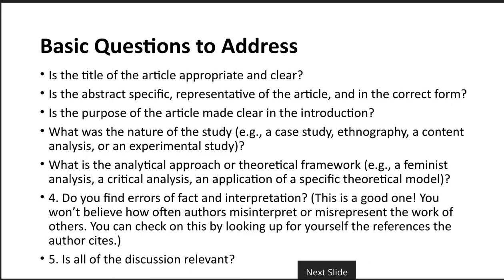The next thing is the nature of the study. It's a case study, ethnography, experimental design, mixed method study, etc. This needs to be clearly explained in the abstract as well as in the methodological section of the study, right? The next one is